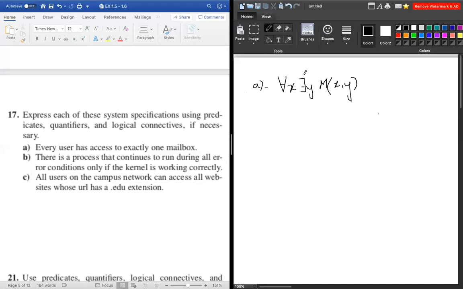There could be more mailboxes, but it means that there is at least one mailbox. But we have to say that there is exactly one mailbox. So in order for us to achieve that, we will have to add more statements to it. And then we can say and